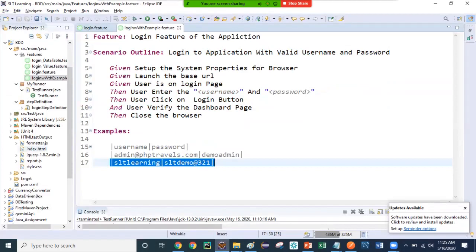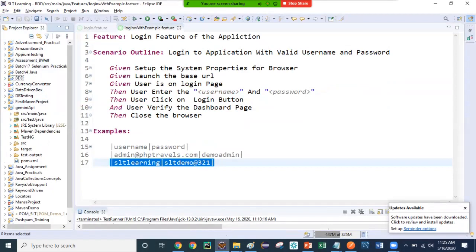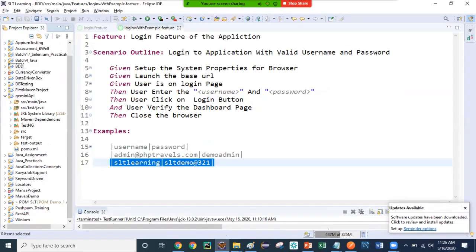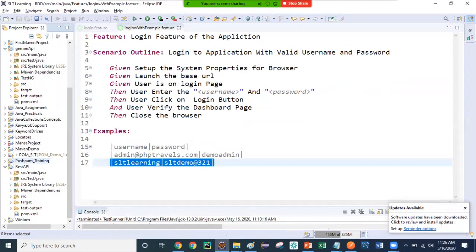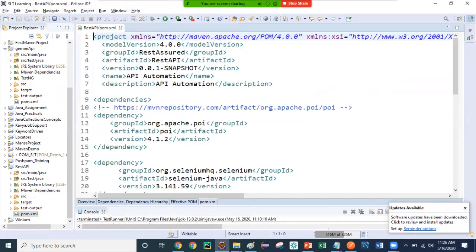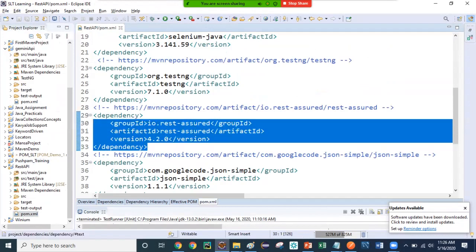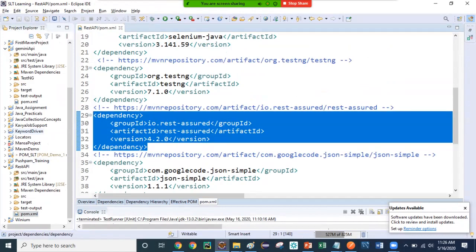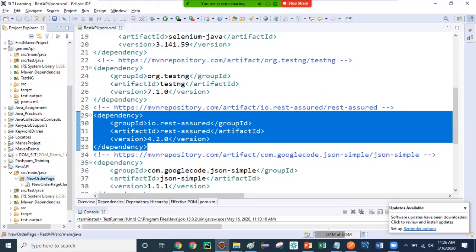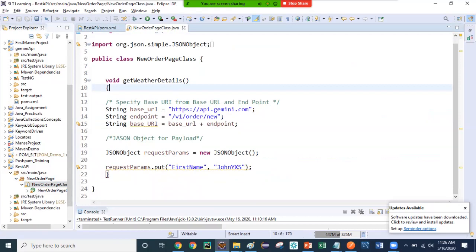So I have one of the API testing projects, the Get JPM API. For that I have written some code. Let me show you the file. You see in the Maven project, you just need to add these things. Yeah, the REST Assured dependency. You will use the REST Assured dependency, and then you can just write the code that way.